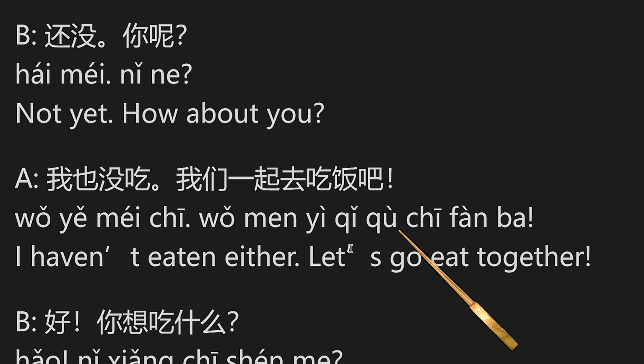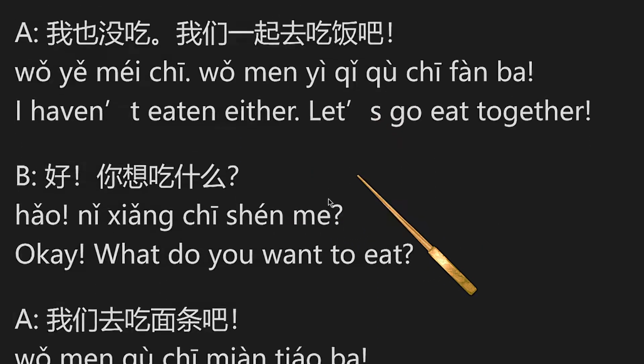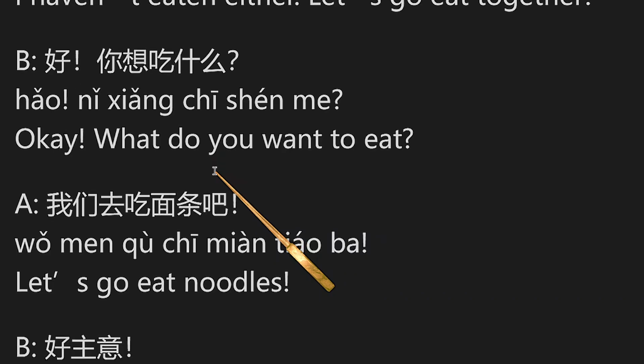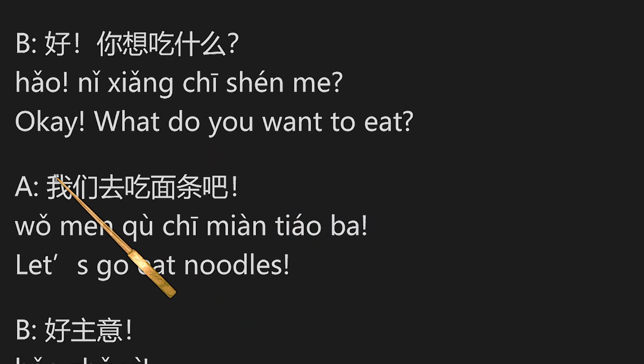Let's go eat together. 我们一起去吃饭吧。Okay, what do you want to eat? 好，你想吃什么？ You want, 吃什么, eat what? Let's go eat noodles. 我们去吃面条。